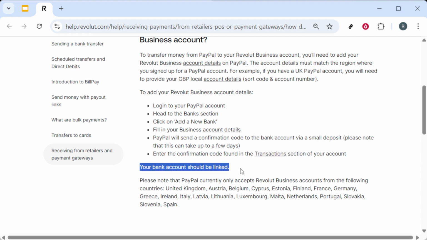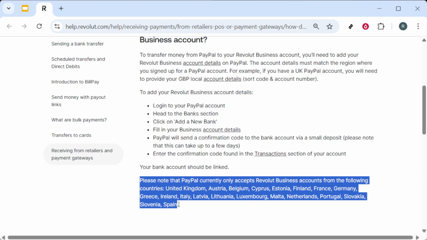A quick eligibility note: PayPal currently accepts Revolut business accounts registered in a specific list of countries. These include the United Kingdom, Austria, Belgium, Cyprus, Estonia, Finland, France, Germany, Greece, Ireland, Italy, Latvia, Lithuania, Luxembourg, Malta, Netherlands, Portugal, Slovakia, Slovenia, and Spain. If your business is based outside these locations, you may need to use a different bank or check back later